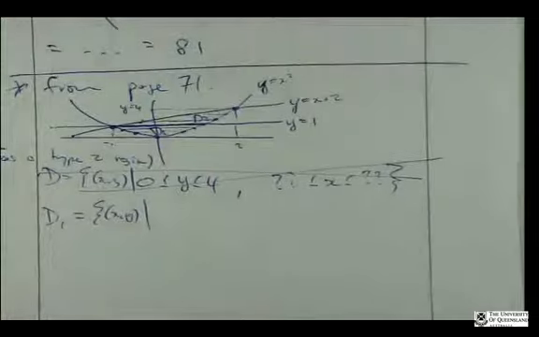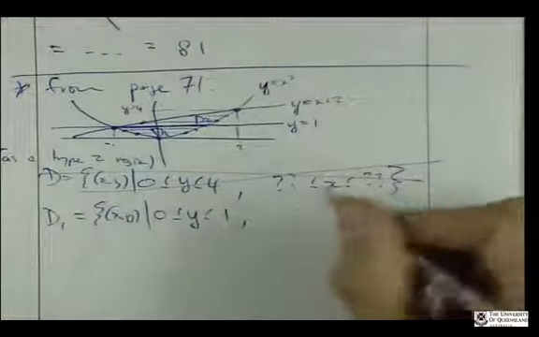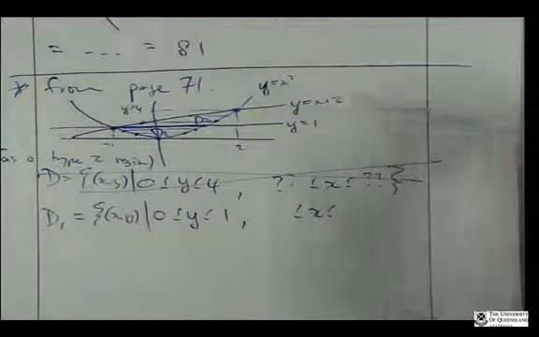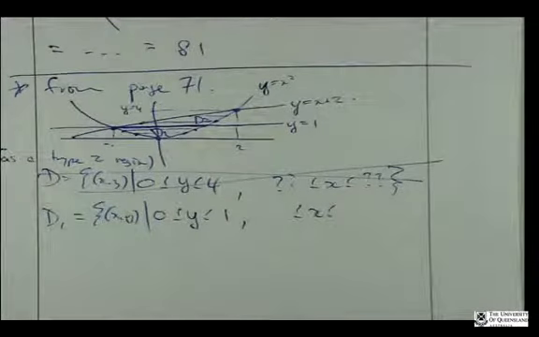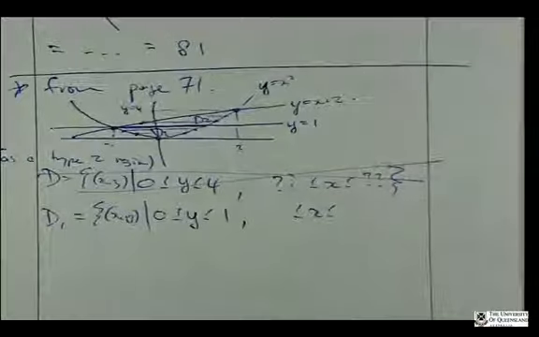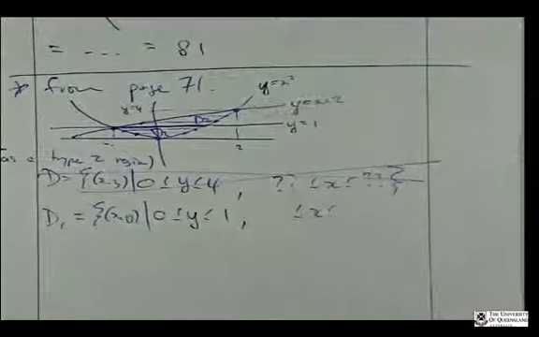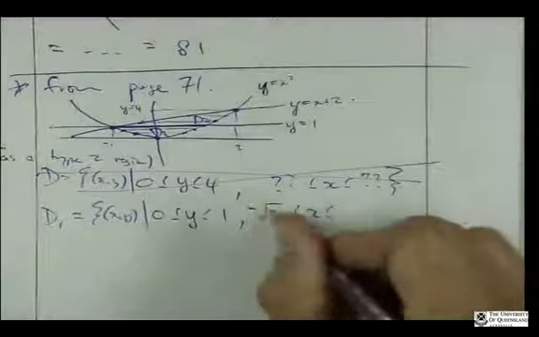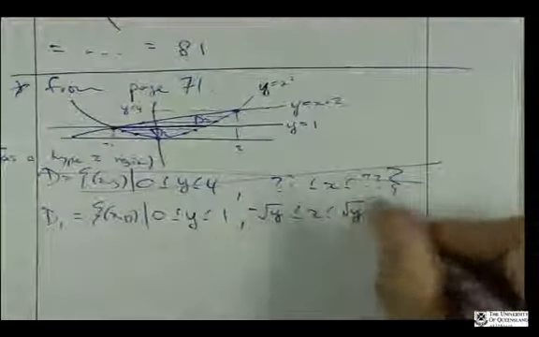All right, so D1 is then going to be the set of all points with coordinates x and y such that y lies between 0 and 1. And then the x bounds are, well, the left branch of this parabola. So remember from before, I was explaining this before, was it the same? Yes, it was the same parabola. How convenient. So y equals x squared, right? I want to rearrange this and write it as x equals plus or minus square root of y. But the negative sign gives me the left branch. That'll correspond to the negative values of x. And the positive square root will correspond to this right branch. So clearly the bounds for x then will be negative square root of y and positive square root of y,